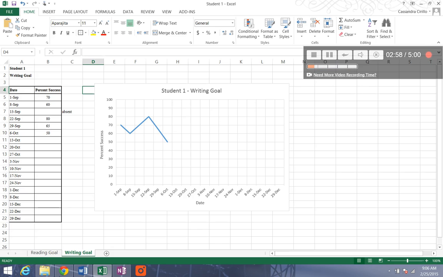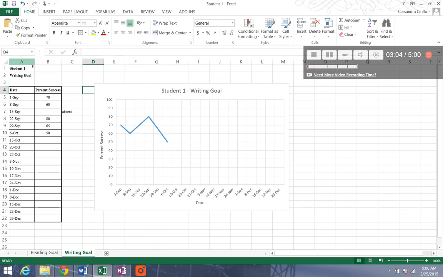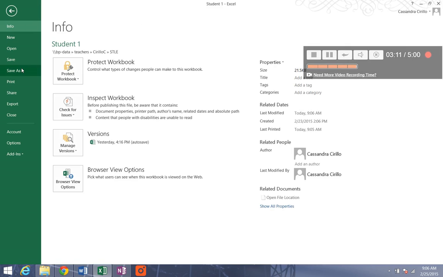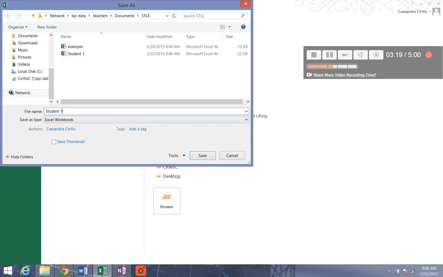I'm going to keep everything. I'm going to hit Save. So File, Save, or you can hit Control S. Okay, for student 1. Then I'm going to hit File, Save As. Make sure you do this first before you go and start changing things. And let's just do your next student. So in this case, I'm just going to say student 2. Save